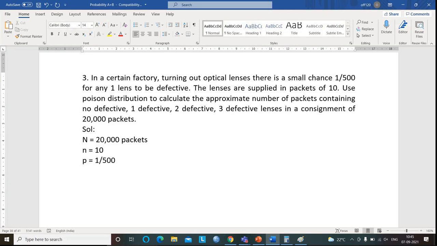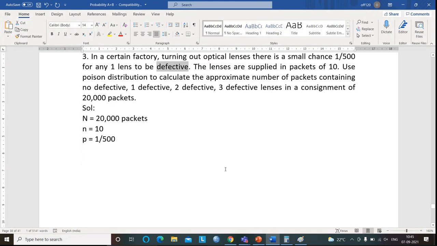So to find out this one, they themselves say that use Poisson distribution. Of course, though they say it or not, since they are saying that it is of defective, we use Poisson distribution to find out the answer. Now, what is the probability function of Poisson distribution? That is P of x is equal to